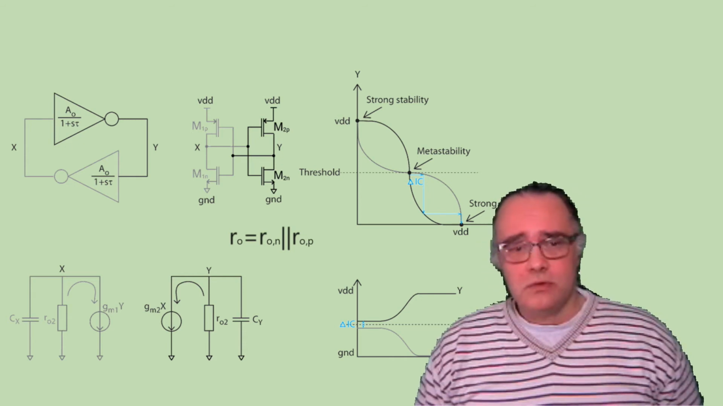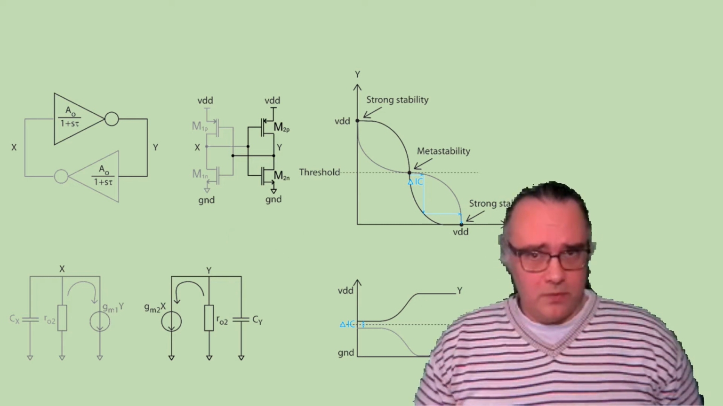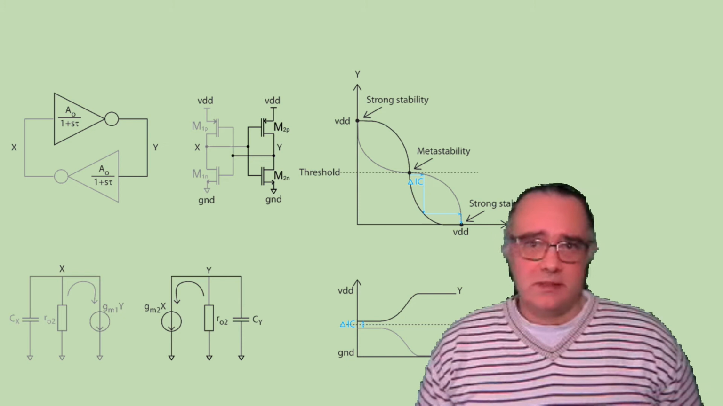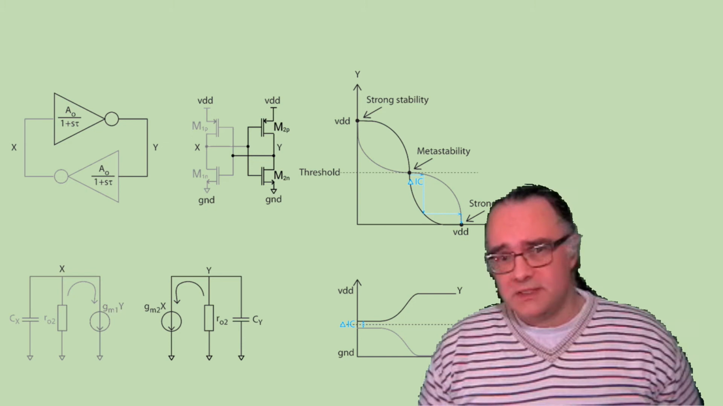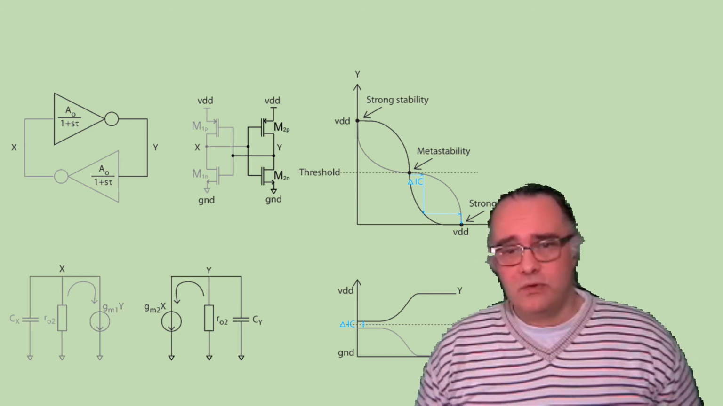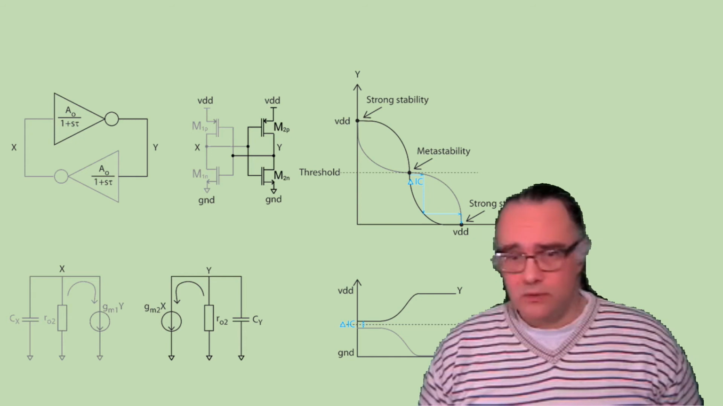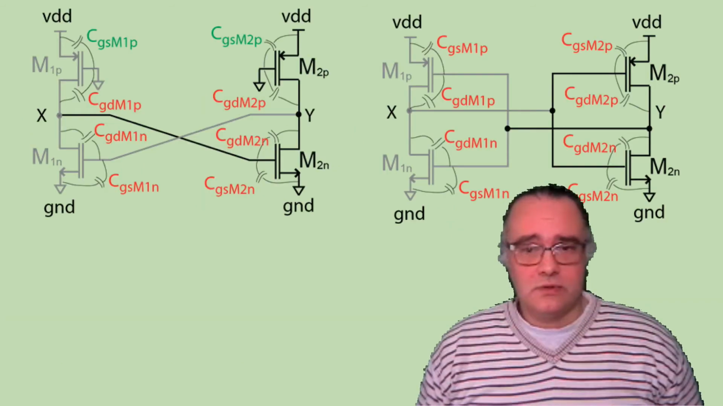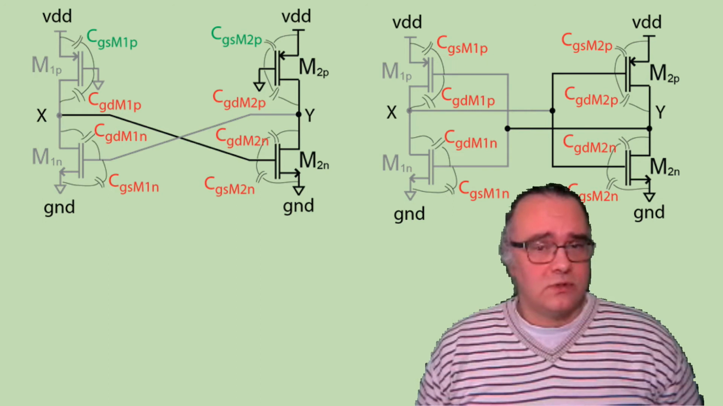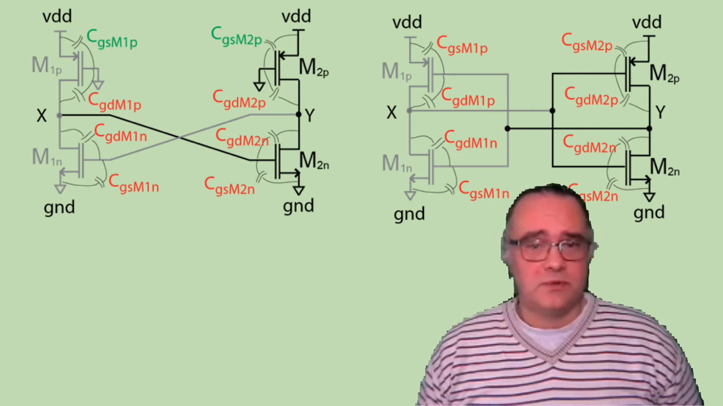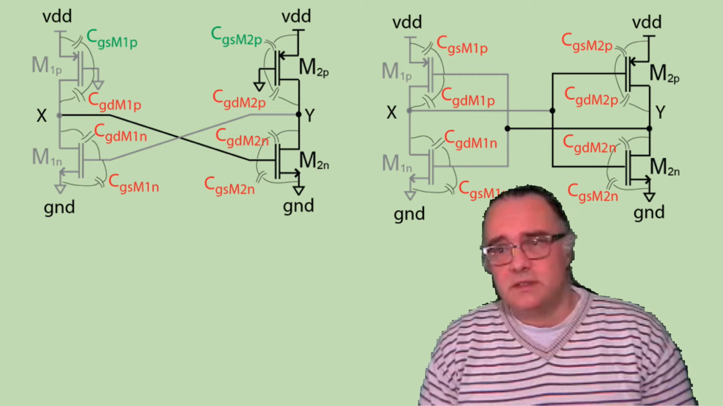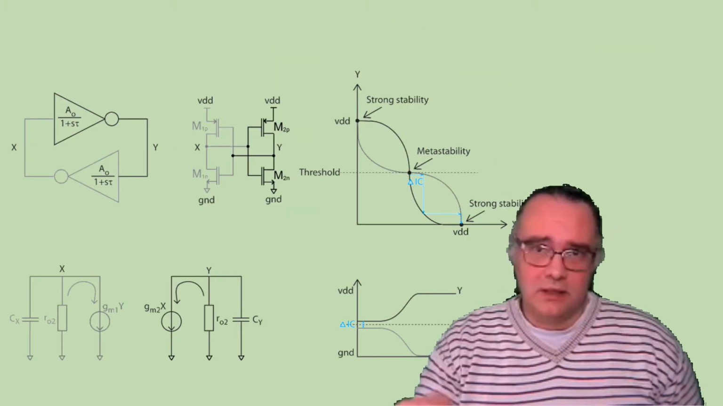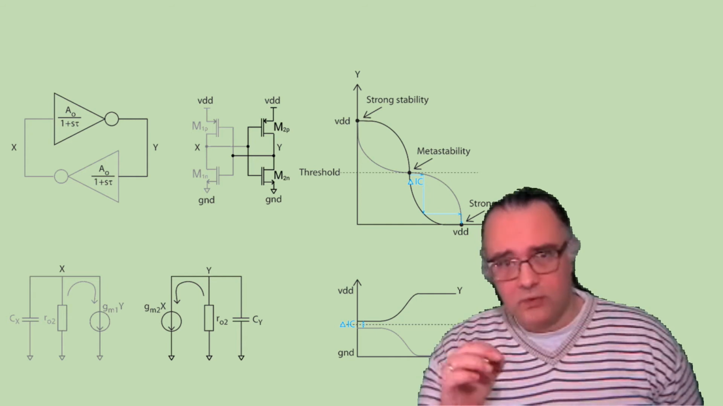And then we can also model from node X and Y an equivalent capacitance to ground, where the equivalent capacitance to ground will be the sum of all capacitances that are between nodes X and Y. So you can think about gate source capacitances of the NMOS transistors, gate source capacitances of the PMOS transistors, gate drain capacitances of the PMOS and the NMOS. So you can group all these capacitances in one equivalent capacitance that can be modeled from node X and Y